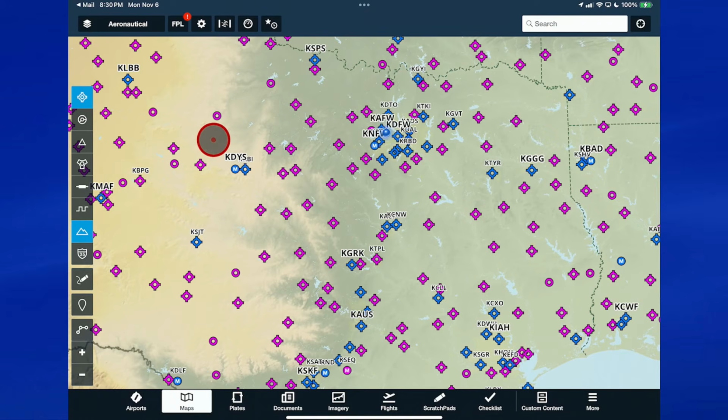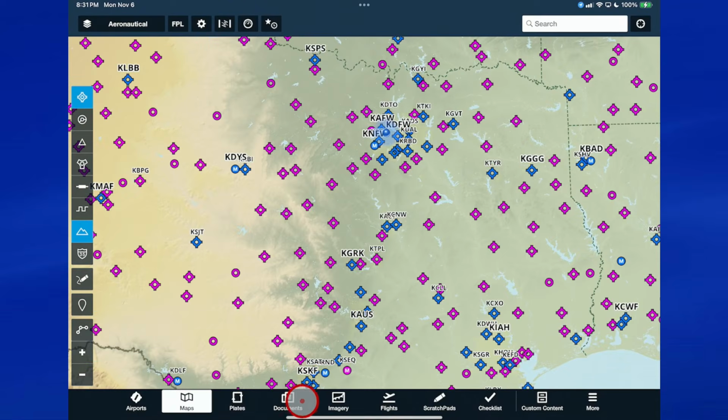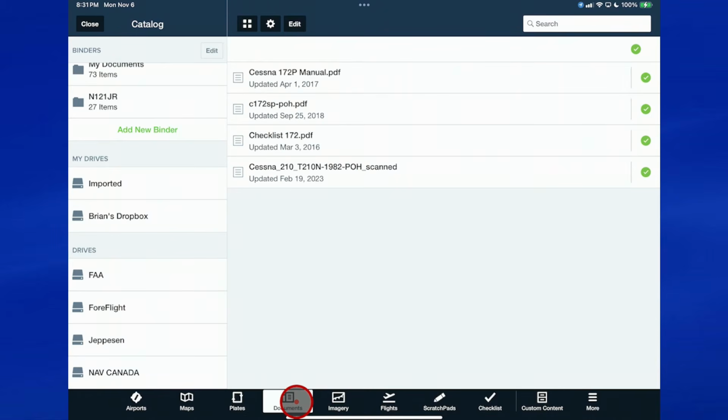But emailing a layer to yourself like that is one way to do it. Another way that I'd like to show you, and this is the last one I'm going to show you to get a lot of documents into the Documents tab, and there's so much you can do, is, I missed it by that much. There's the Documents tab.